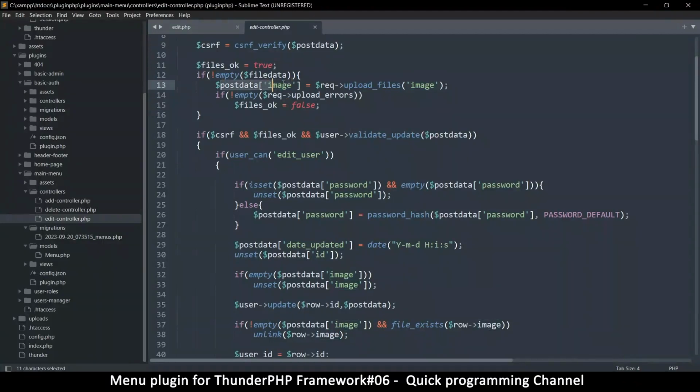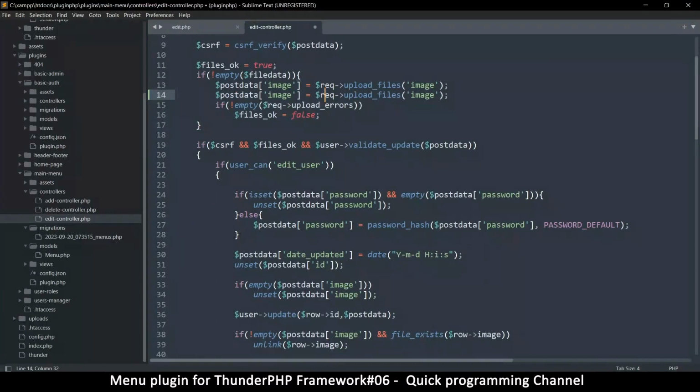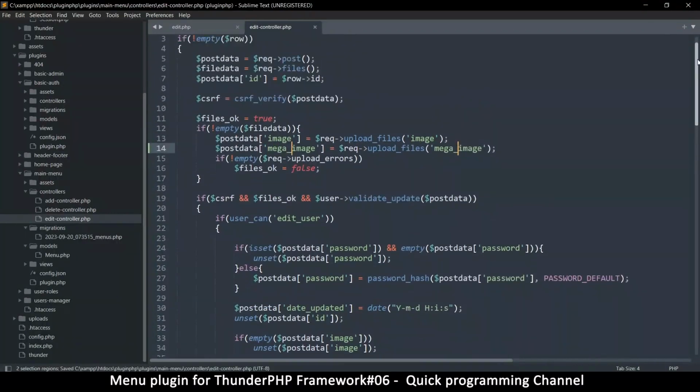So post data image is equal to, if not empty file data, if not empty upload errors, files okay. Okay, so duplicate this and I'll do mega underscore image for the other one. Okay,